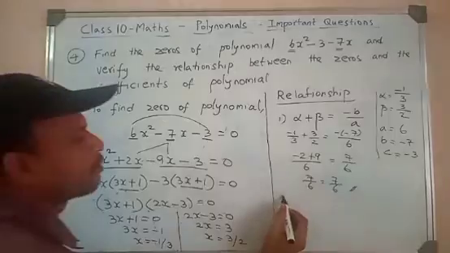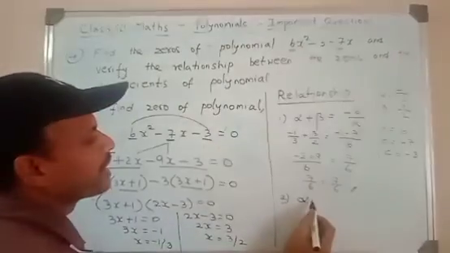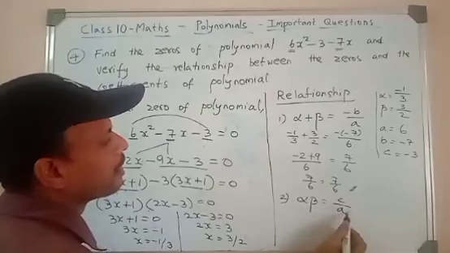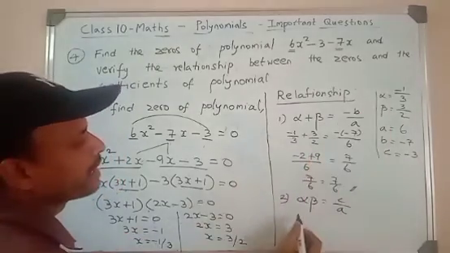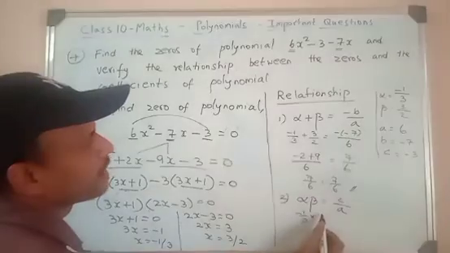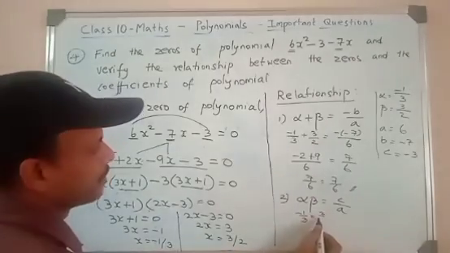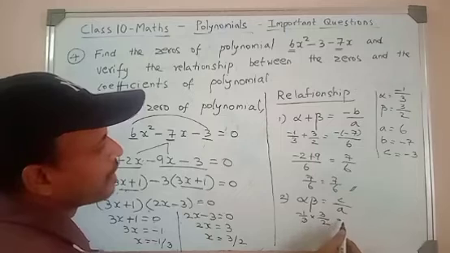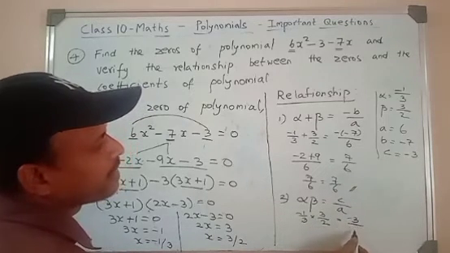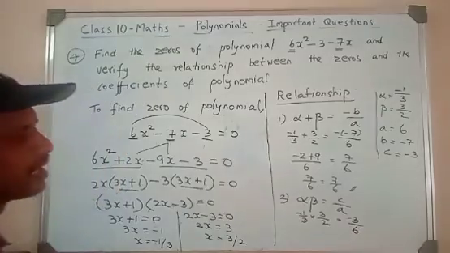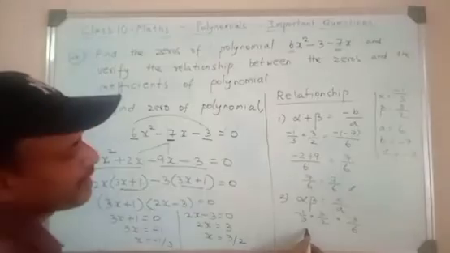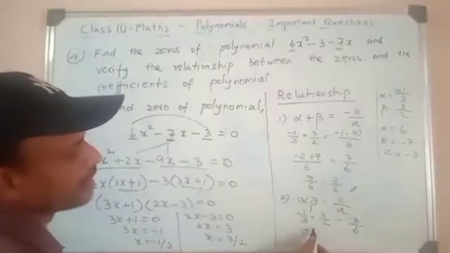Next relationship, product of zeros. Alpha into beta is equal to c by a. So alpha is minus 1 by 3. Beta is 3 by 2. C value is minus 3. A value is 6. Now if you simplify it, minus into plus, final answer will be minus 1 into 3,